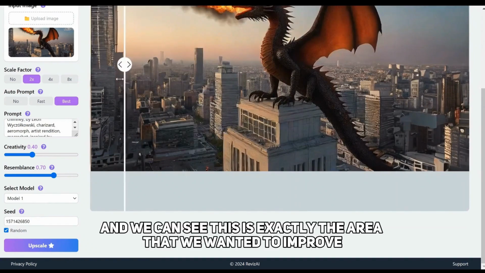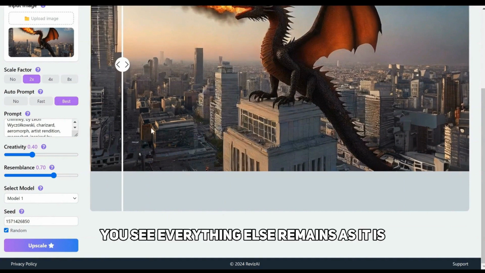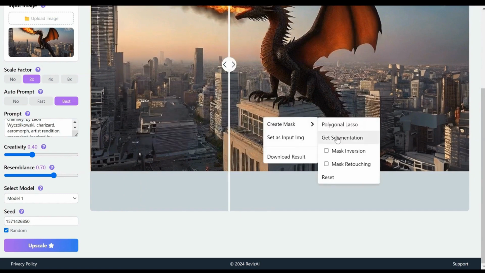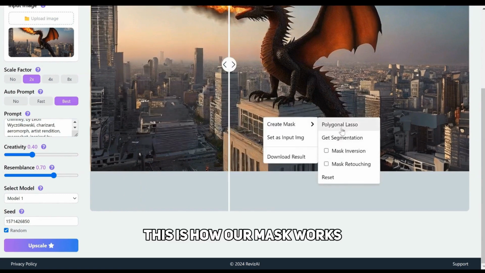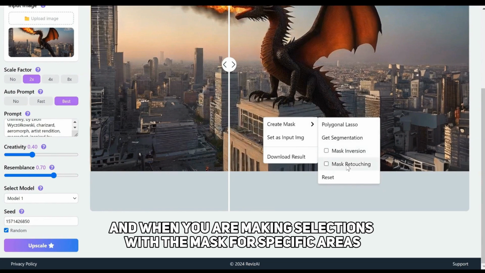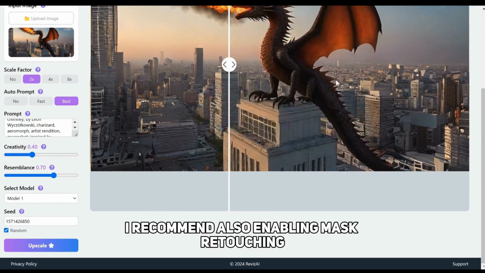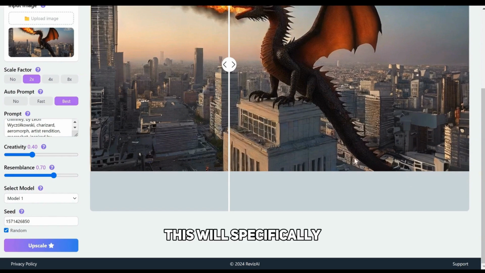And we can see this is exactly the area that we wanted to improve. You see, everything else remains as it is, but this area has been processed as much as possible. This is how our mask works, and when you are making selections with the mask for specific areas, I recommend also enabling mask retouching. This will specifically